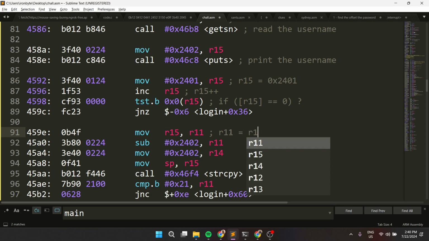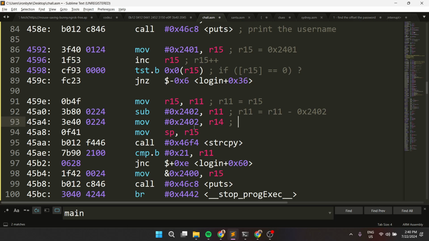So register 11 equals to the register 15, and we subtract the beginning of the string, the beginning of the username, which is loaded in 2402. We subtract that value from the register 11. So basically, register 11 is going to be register 11 minus 0x2402, and we move actually also the address 0x2402, which is the beginning of the username, into the register 14, I'm sorry, just to prepare